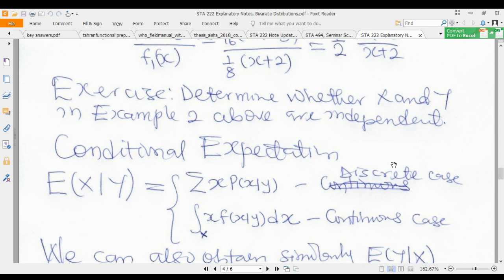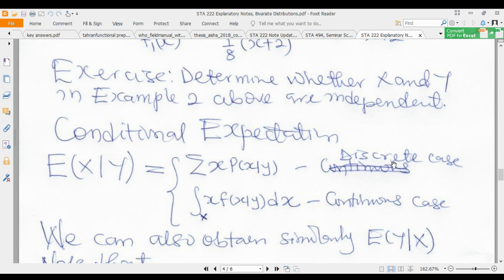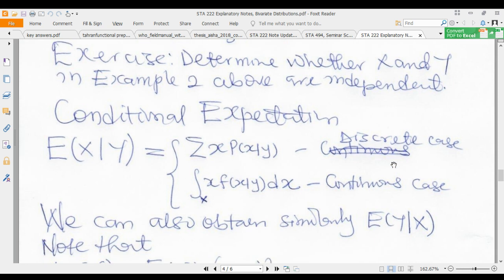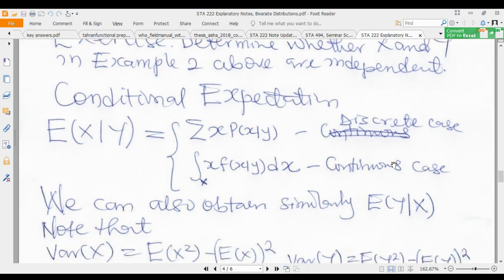I mean, using the conditional distribution, is f(x given y) equal to f1(x), and is f(y given x) equal to f2(y)? If that is not the case, then they are not independent. So